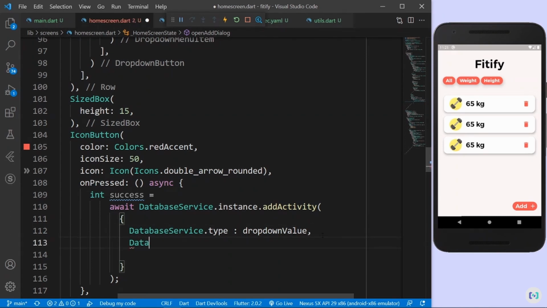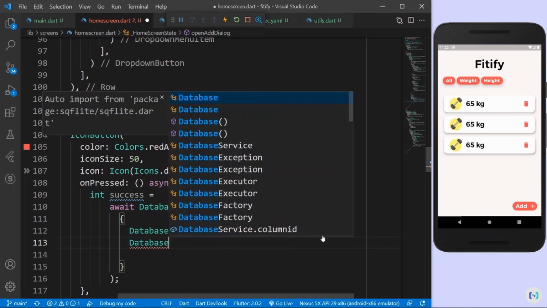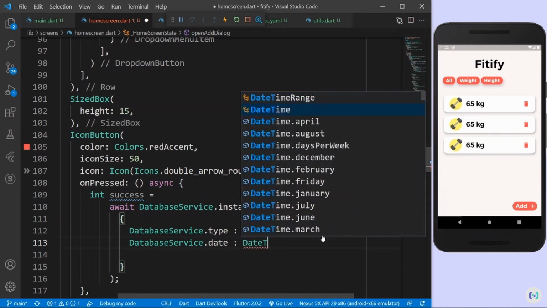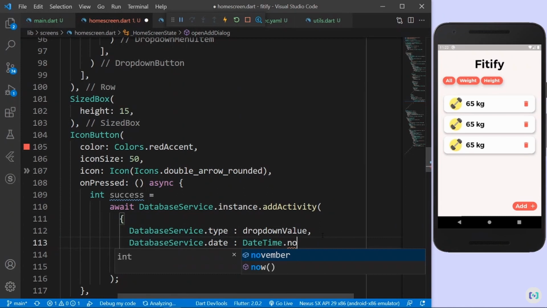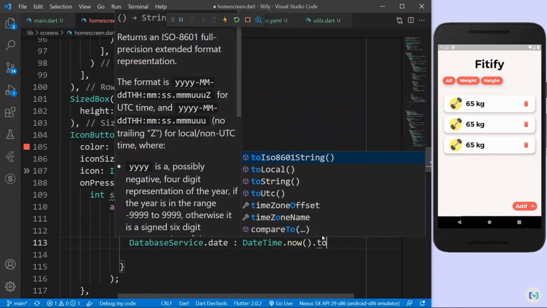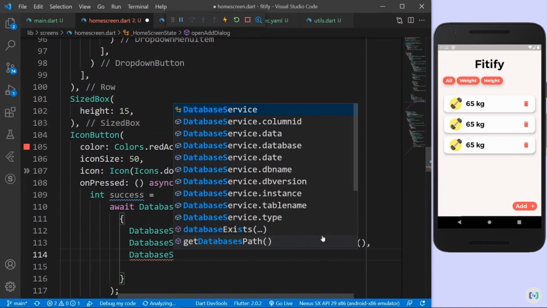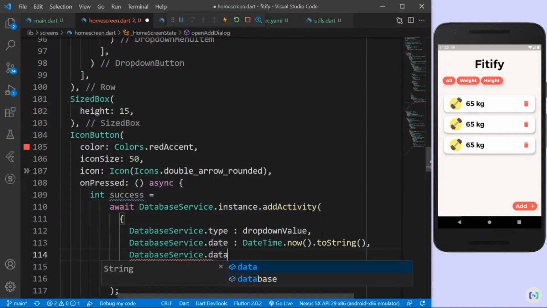Now let's actually also pass in the date. So database service dot date is gonna be, yeah, just the current date, right? So I can say DateTime dot now, but in a string value, so dot toString. And let's also pass in the data. So I can say database service dot data